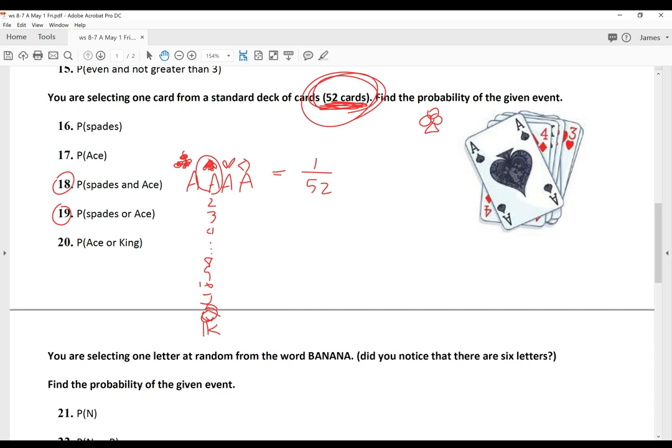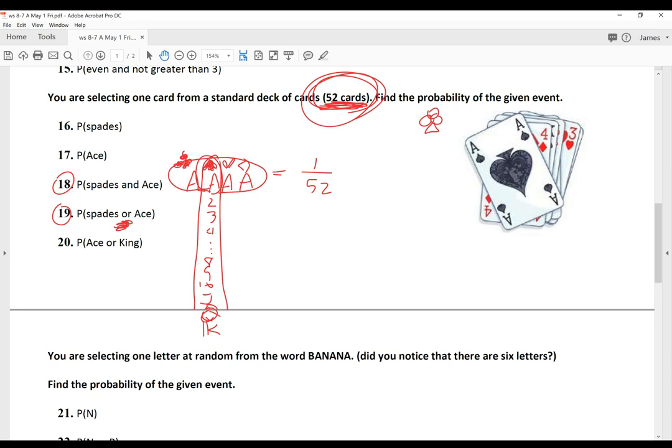Okay. So when I say or, what's the chance that you either get spades? If you get a spades, you win, yay. If you get ace, you win, yay. So what's the chance that you're gonna get either ace or the spades? Well, you gotta count all of these